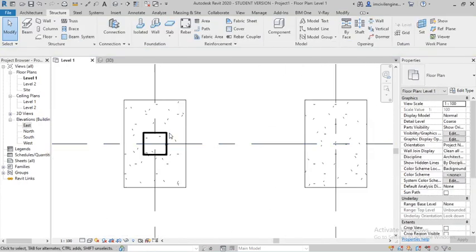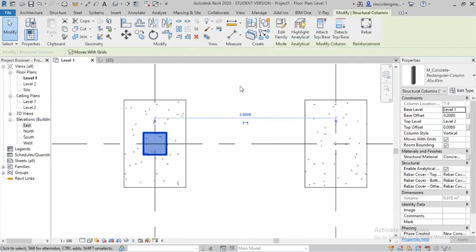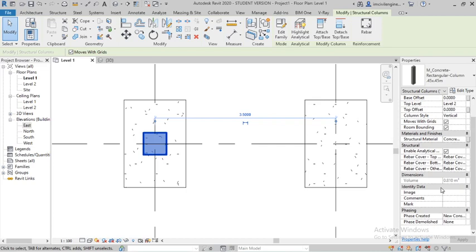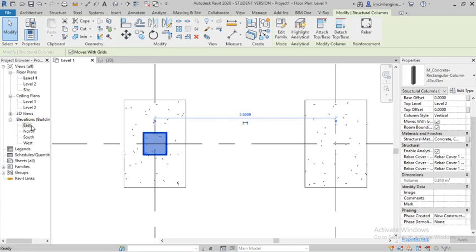If you click the column you can see a number of options available: rebars, covers, you can add also. Top level is nothing but the height of the column.